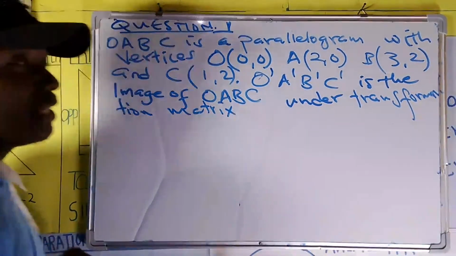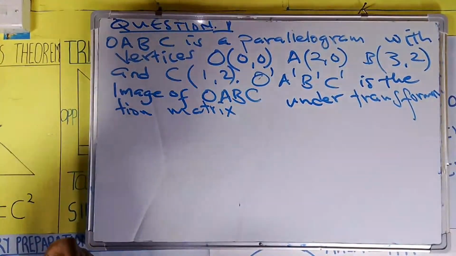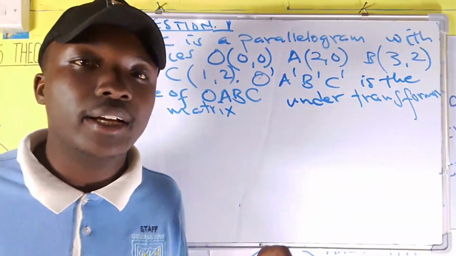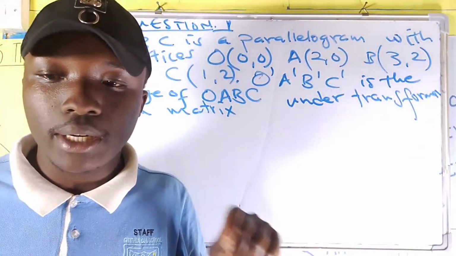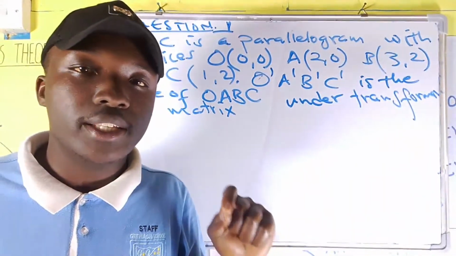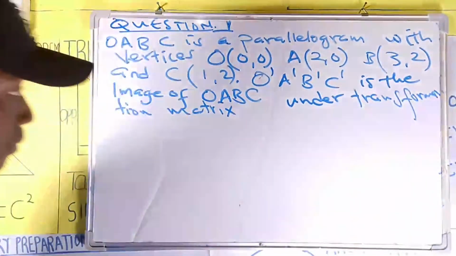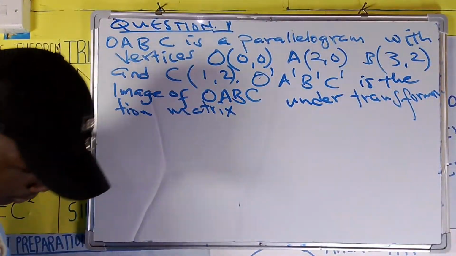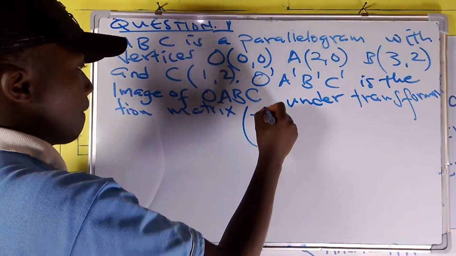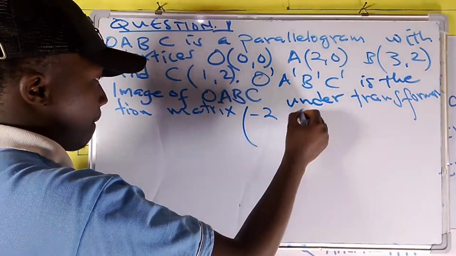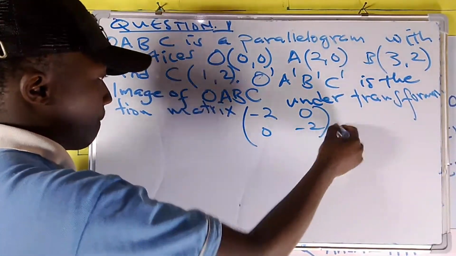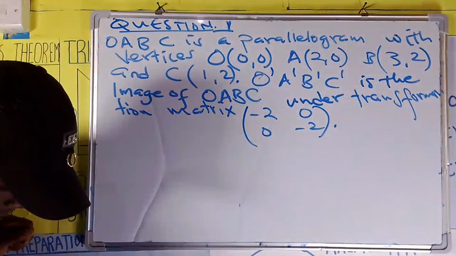I think we did this question, but we did it from the ground of finding the image. But right now I want us to do it from the ground of successive transformation. So the first question,